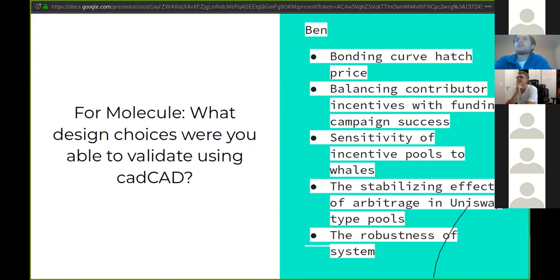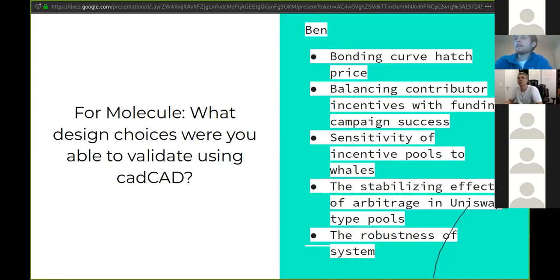And we started using cadCAD to try and balance the incentives between contributors as well as meeting funding goals and ensuring campaign success. So yeah, we also managed to look at things like the sensitivity of incentive pools to whales. So users coming in with large amounts of collateral and skewing our intended incentive